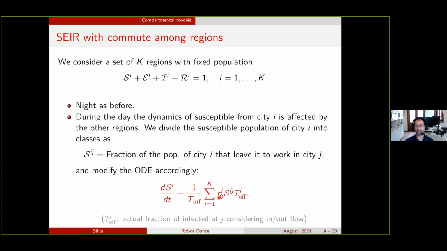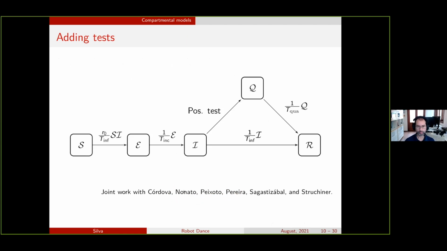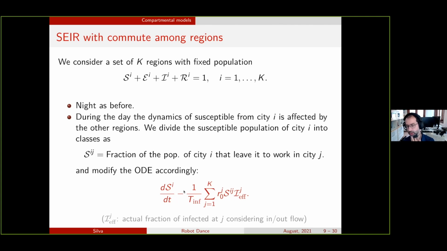So for example, if in city J you have to wear a mask, the R0 in city J is lower than it is in your original city, where you don't need to wear a mask. So once you write this kind of thing and you think a little bit about the model, you can actually write a very big model that has all those populations coupled through this matrix that determines how people go from one city to the other. Okay, so this is one of the things we did, actually.